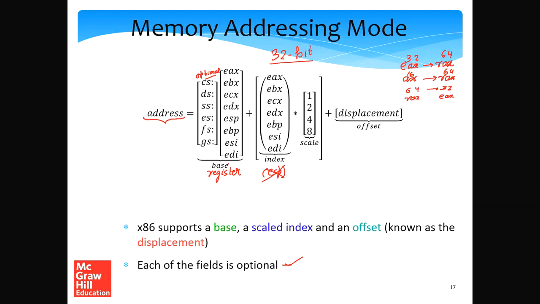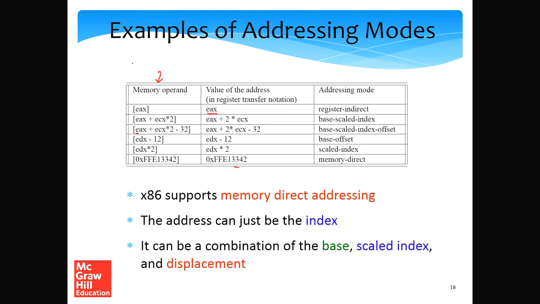So let us just go back to the previous slide and look at this once again. Now that we have seen examples, you will be able to appreciate how and why this happens. In this particular case, as you see, the base, the scaled index, and the offset, all of these fields are optional. So the memory address can be any combination of these fields, as we see in this table over here, that we can have all kinds of combinations of memory addresses,